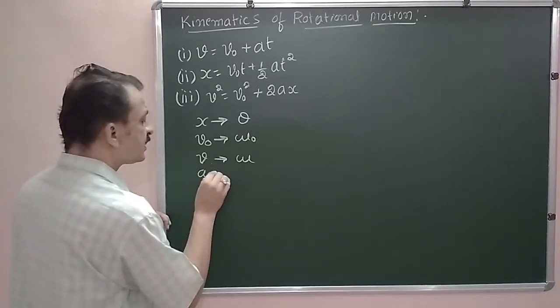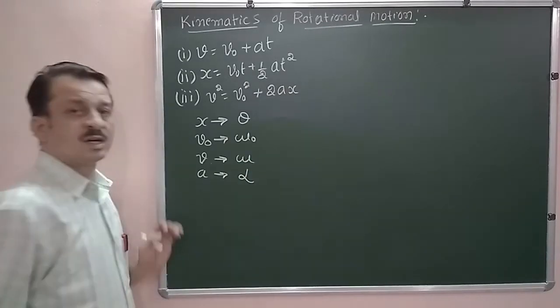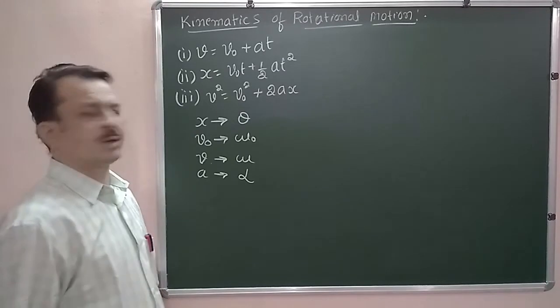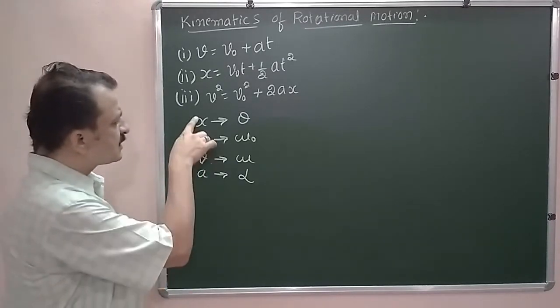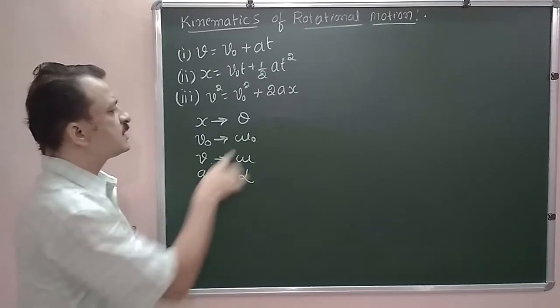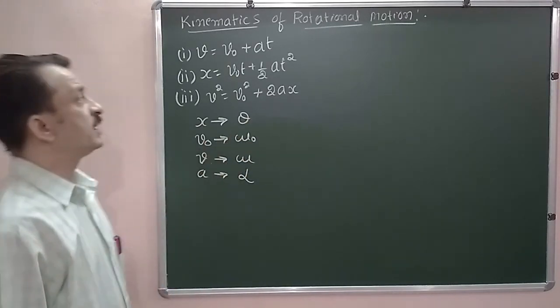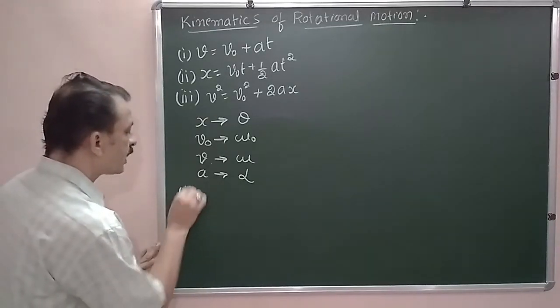And linear acceleration is replaced by the angular acceleration alpha. And obviously time is the same in both cases. Now if you replace these linear quantities with the corresponding rotational quantities, we are going to have three important kinematic